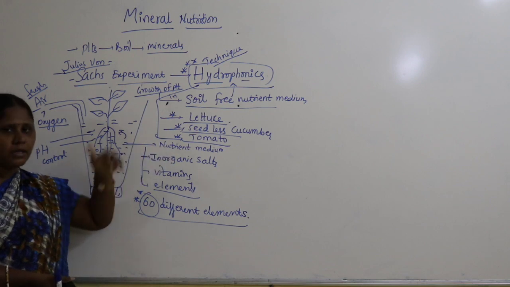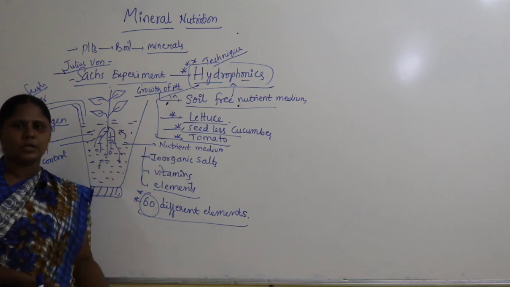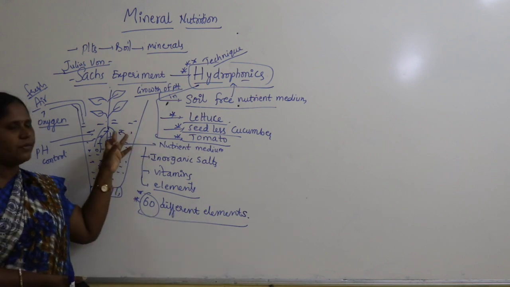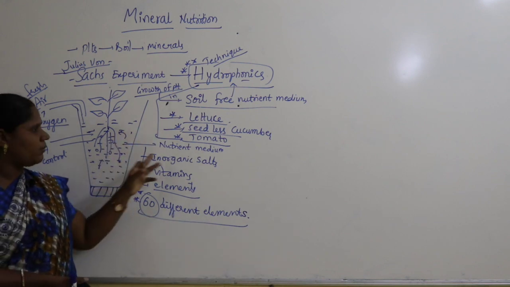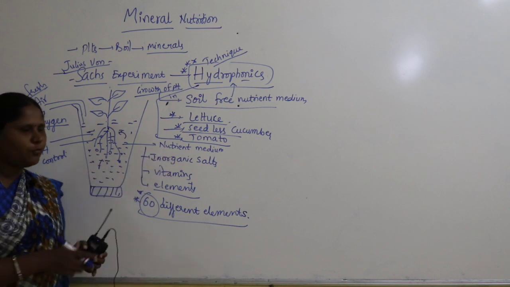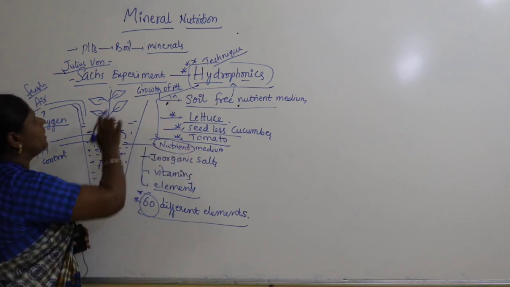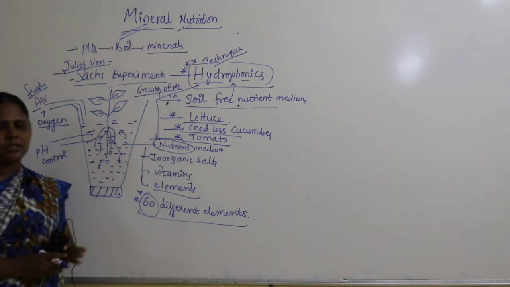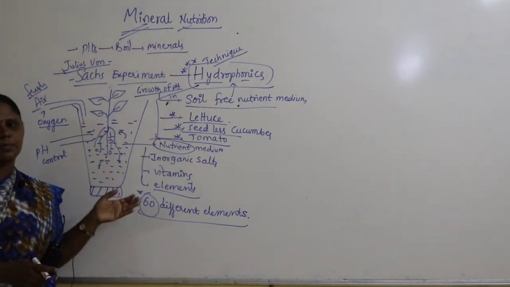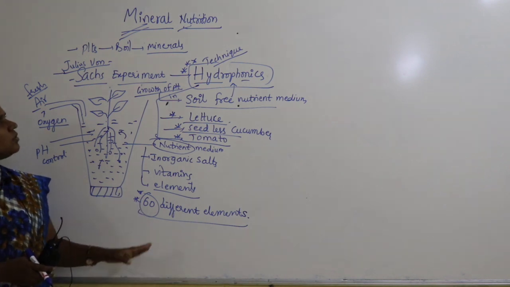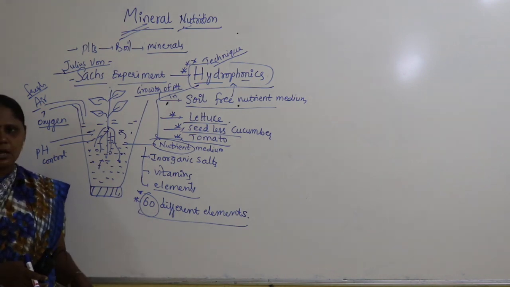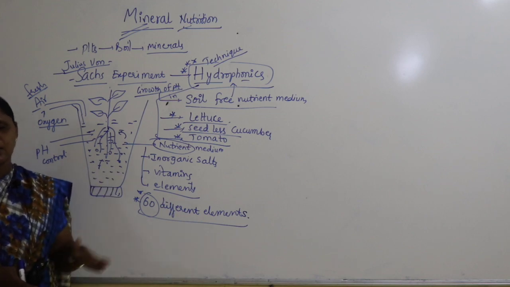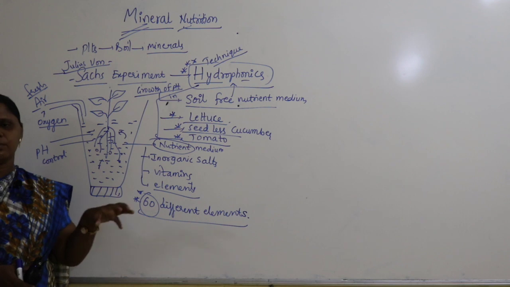Then scientists of a later era realized the importance of minerals. Okay, soil is the base, but soil contains nutrients. Nutrients are essential. If only nutrients are provided, every metabolism can be well taken care of. Then they started focusing much on nutrients. What are the important mineral nutrients essential for plants? They started studying what nutrients are essential for the plant. Every plant has its own specific composition of minerals. The same composition if you apply to other plants may not grow, because every plant has a specific composition of nutrients.